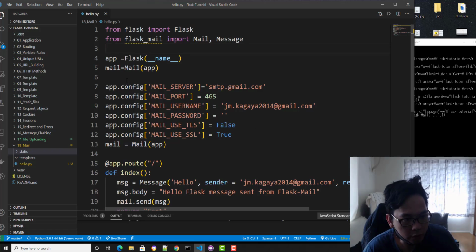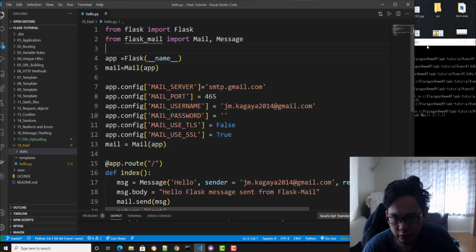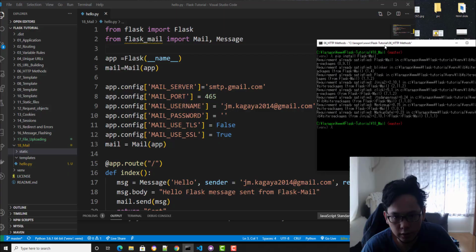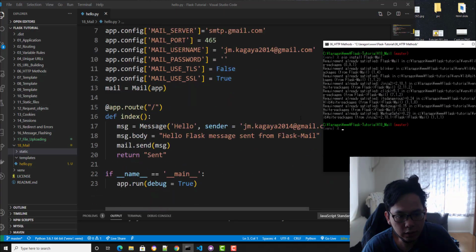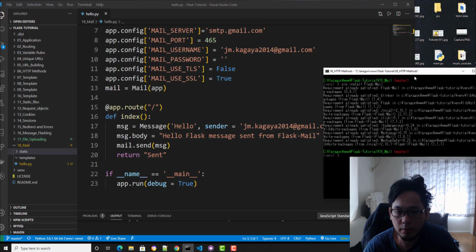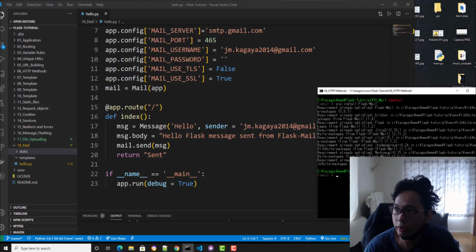It's a micro framework, and you need to install most of these things separately, for example SQLAlchemy. Mail is not installed by default. I'm not going to make it longer, so we're going to tackle another extension. I think we have three more extensions to tackle, and this is one of those, mail. See you in the next part.